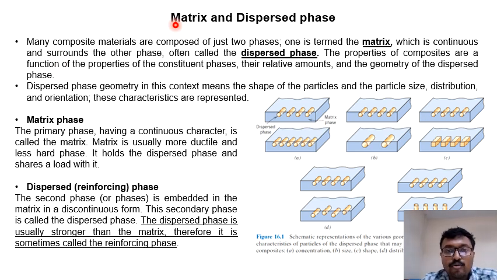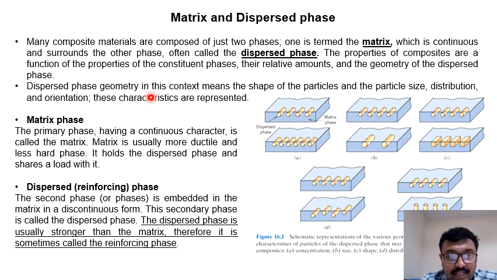Next thing is what are matrix and dispersed phases. Many composite materials are composed of just two phases. One is called the matrix, which is continuous and surrounds the other phases, often called dispersed phases. The properties of a composite are a function of the properties of the constituent phases,